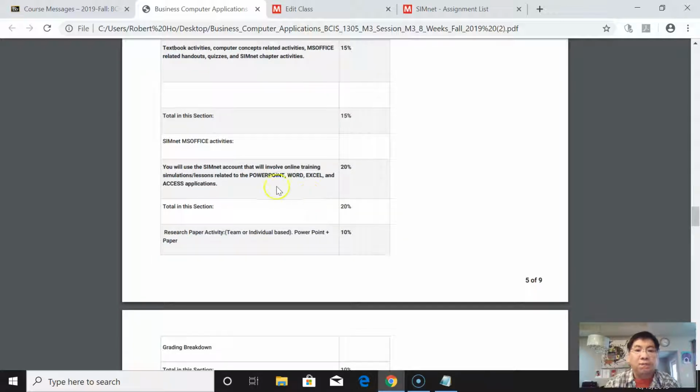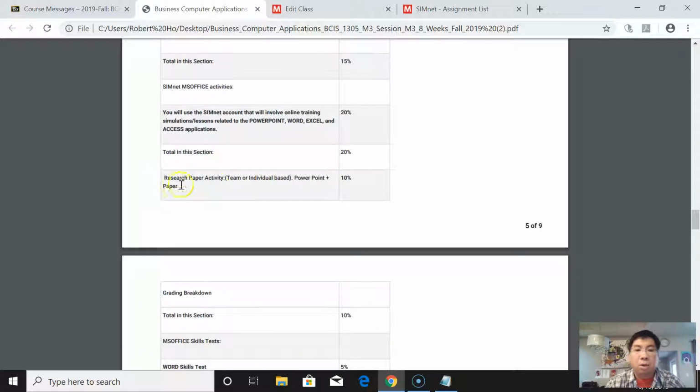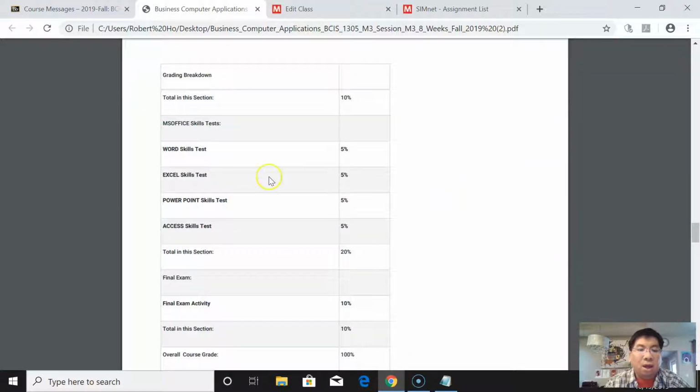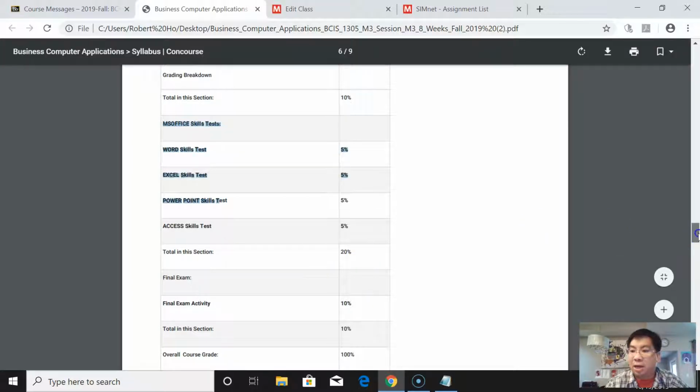Then you have SIMNet training for PowerPoint, Word, Excel, and Access, which is 20%, and your research paper is worth 10% of your course grade. After you finish all the skill training or handouts, students will be tested on the Word, Excel, PowerPoint, and Access skill tests. This Microsoft Office skill test counts 20% of your grade, and the last one is a